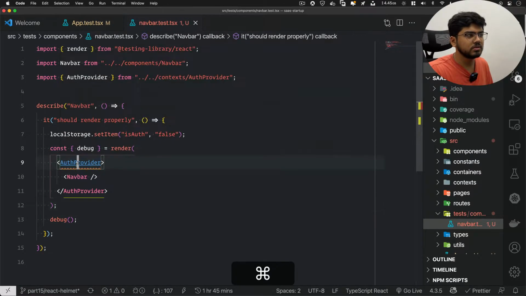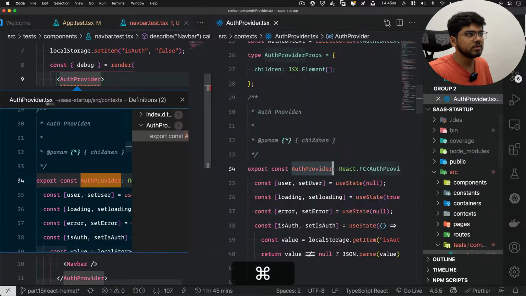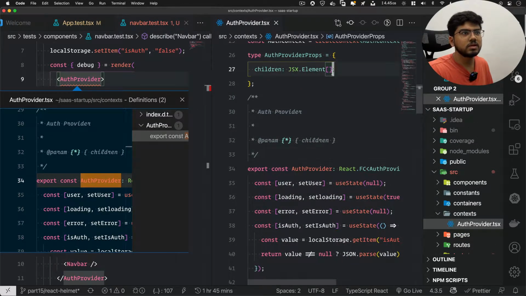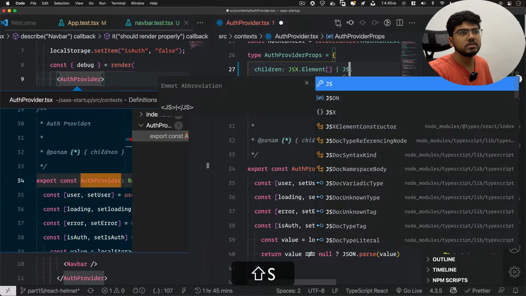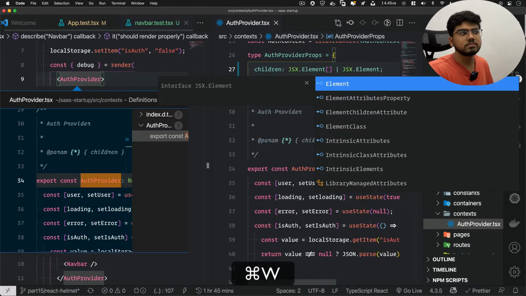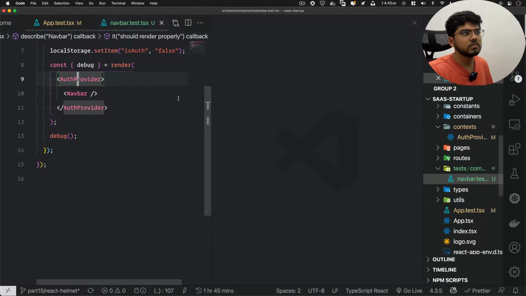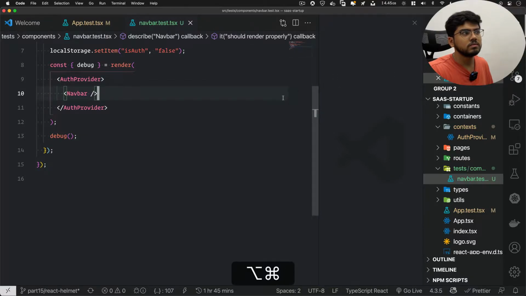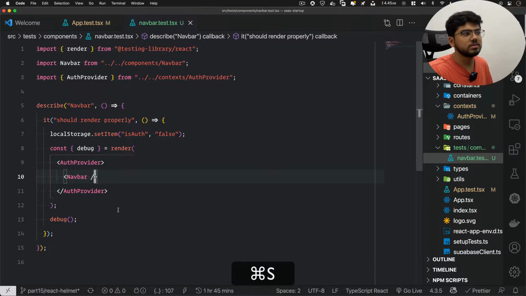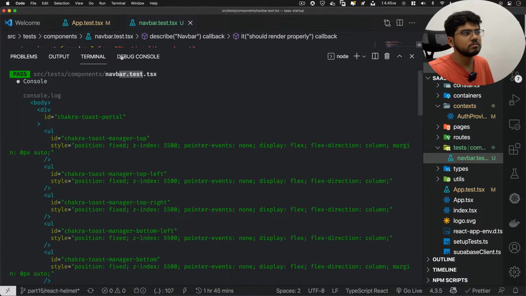Okay, you can see the squiggly line. We'll open it. I know what's the issue. So it can show an array of elements or even one element. Seems like it's gone. Now let's debug it again. Seems to be passing now.